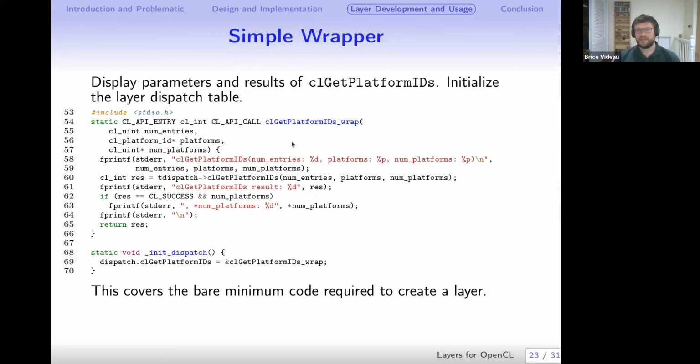So the idea is we want to intercept get platform IDs and display more information about it. Get platform IDs takes 3 parameters: the number of entries in the CL platform IDs, the platform pointer, which is a pointer to CL platform IDs, so how many entries can you store here, and the number of platforms which are returned by the driver,